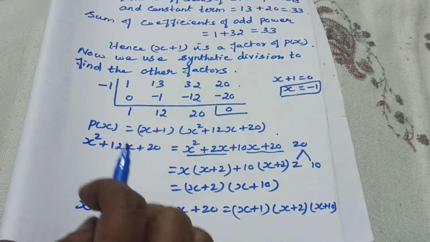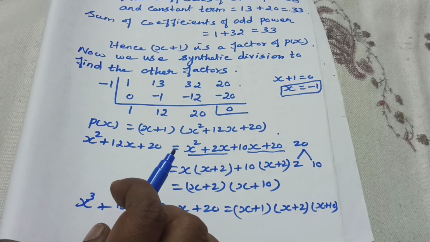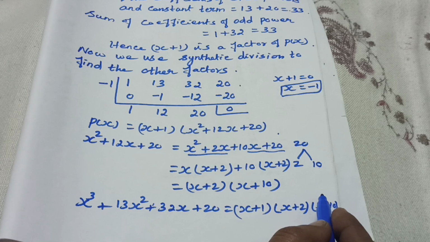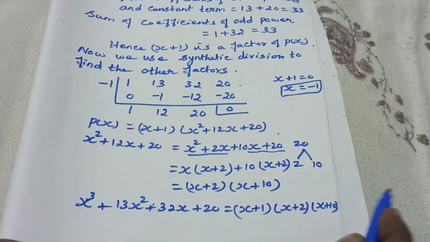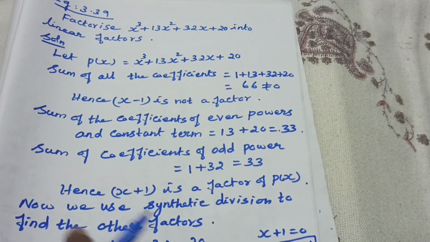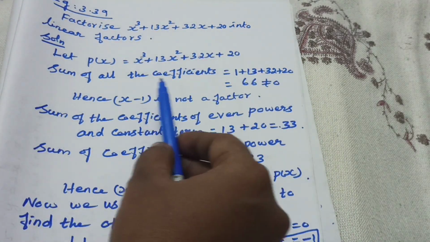Here our question is factorize. That's the question. You find out the linear factors. This is the linear factor. Linear means the power is what? 1. X power 1, here also x power 1, here also x power 1. Linear factors you find out. That's the question. This is an important 5-mark question. Are you clear? When factorize x cube is given, like this only you should do.